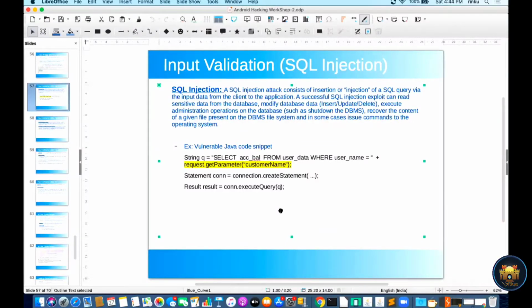If someone passes malicious characters inside the customer name, that query will be created and executed on the server. So using SQL injection, an attacker can modify the query as per their requirement and is able to retrieve the data, create a file, delete a table, even fully compromise the database server. It totally depends on the permissions of the database, what permissions that application is running with. If it is a DBA, it might be possible to delete the whole table and database.